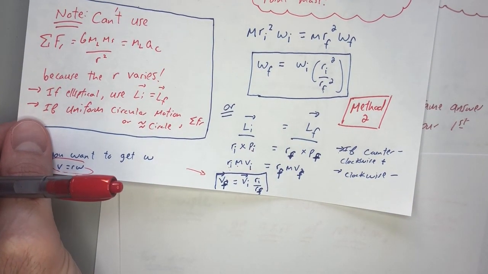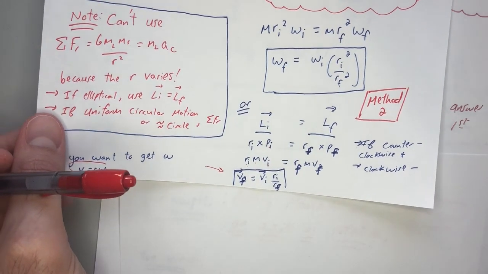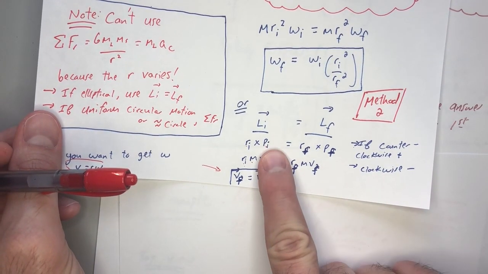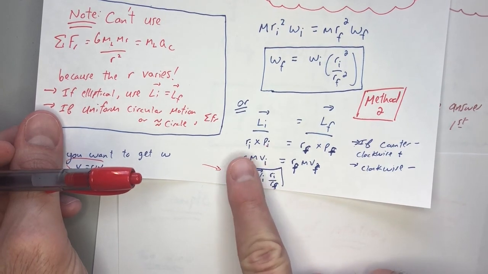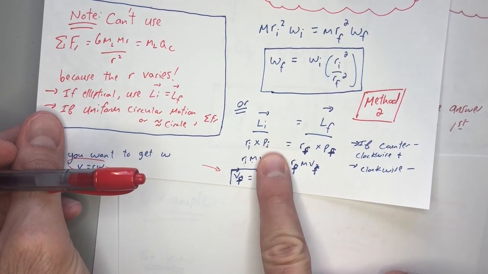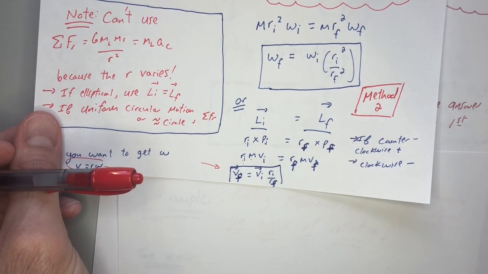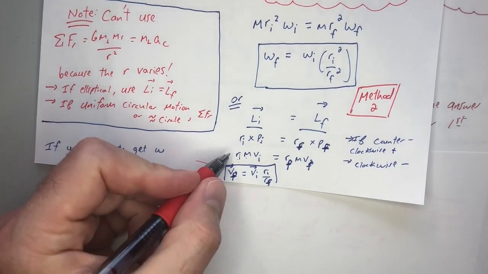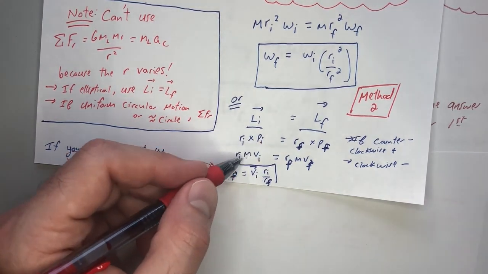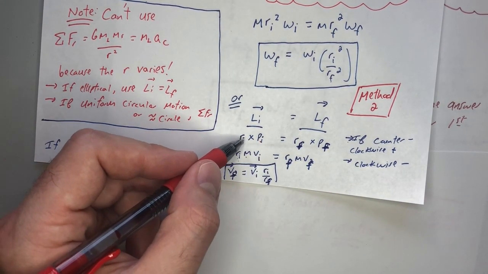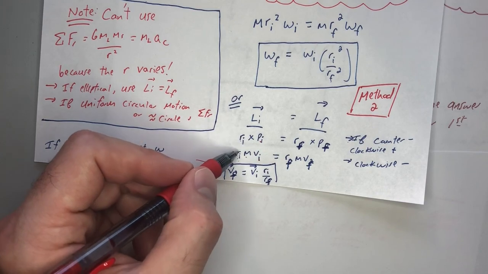So if you're like, wow, that second way is a lot, it's just really important to know that if you ever want to relate linear momentum to angular momentum, if you do the cross product between your r vector and your linear momentum vector and you get rmv, that's how the linear momentum is related to the angular momentum. It's just basically r times the linear momentum term there. Remember, momentum equals m times v. Being really lazy with my vector symbols here and here because that's a cross product,